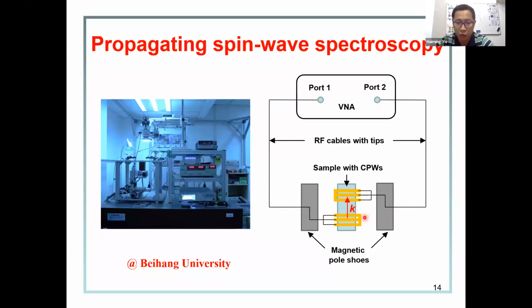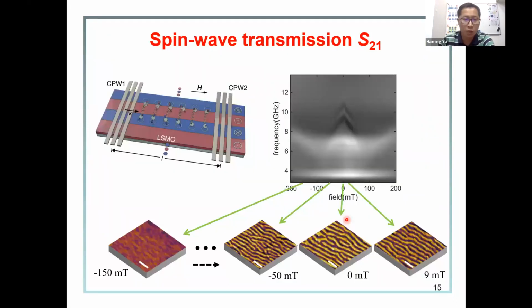of the VNA. So we can measure, for example, spin wave excitation at CPW1 and detect it at the second. We can also measure the other way around. We can measure the spin waves excited at CPW2 and detect at CPW1. So we can measure the spin wave and also reciprocity effects using these tools. Then we use this technique to measure the spin wave transmission signals S21 on these domain structures in